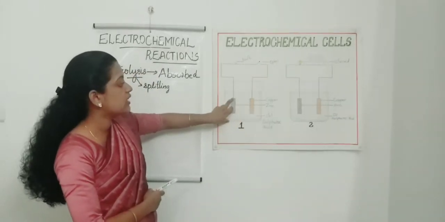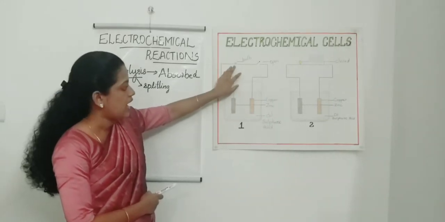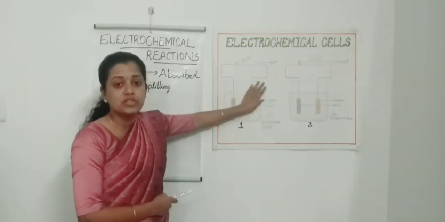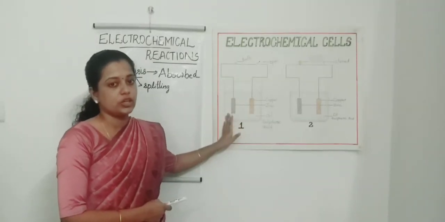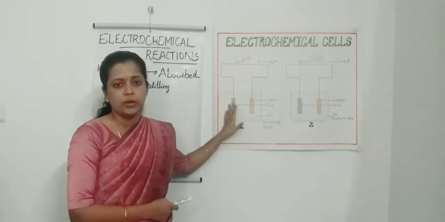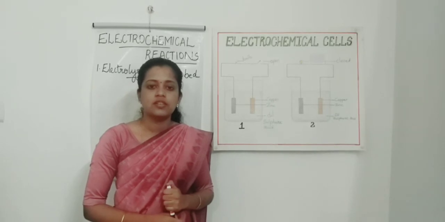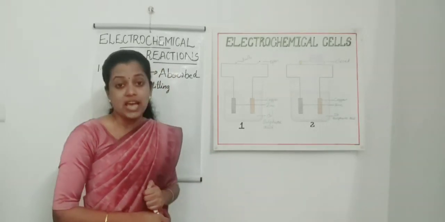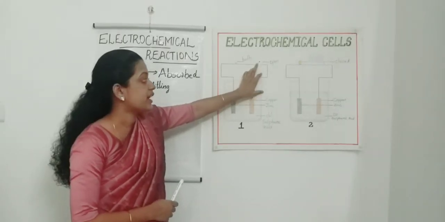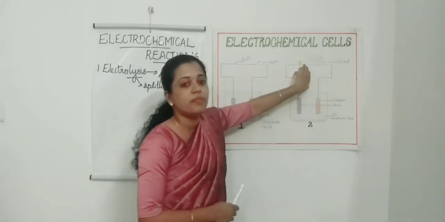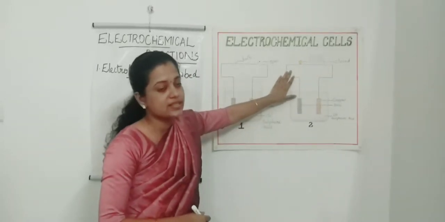And the zinc electrode is connected to the bulb over here. And as you can observe, there is no battery or electrical source to provide electricity in the circuit. But there is a bulb connected over here. How will the bulb glow? So we can look at how it happens. Here there is a switch which is open now. When I close the switch, you can see the bulb glows.